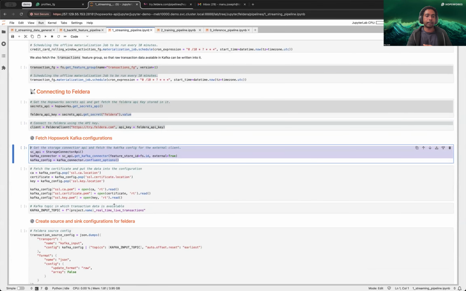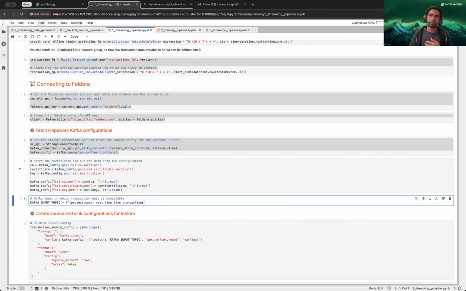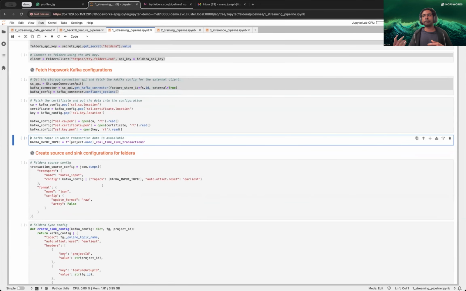And you also have to provide the certificates that you use to provide authentication for external services to communicate with Hopsworks. So that would be the next step that you would do. And finally, you have to create some Kafka configurations that need to be given to the SQL query that is run inside Feldera, so that Feldera can read from Hopsworks or write into